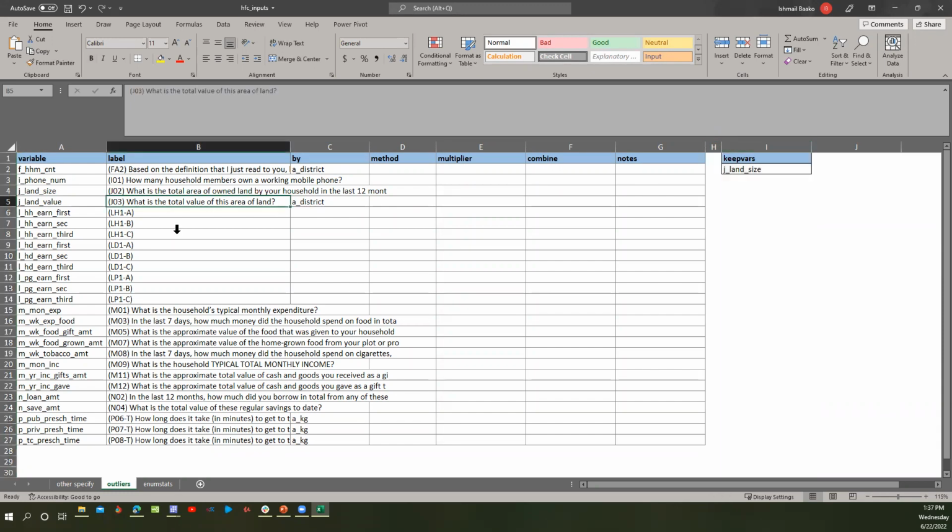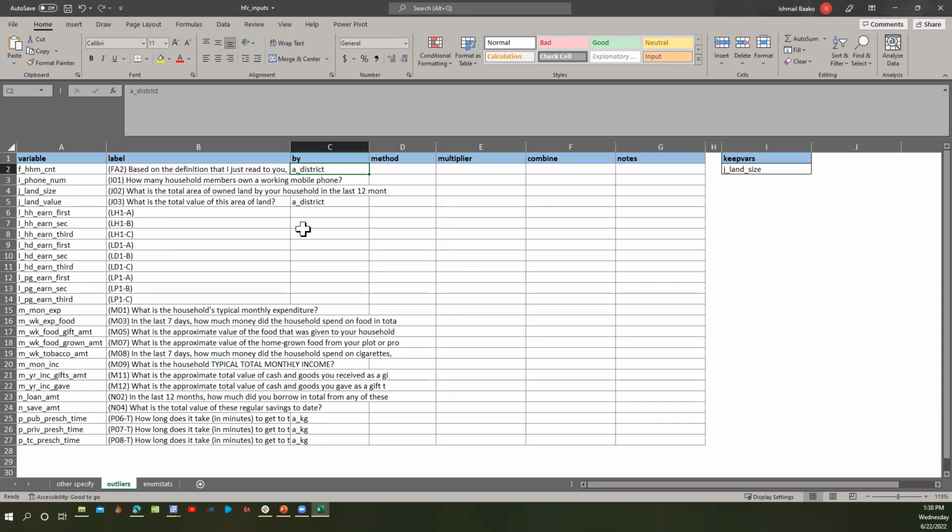So for the different columns, you have a by column which you can use to disaggregate the data. So if you say, I want to check outliers for family size, but I want you to look at it at the district level, because maybe it is known that district A usually has larger families than district B, you don't necessarily want it to be considered as one, right?